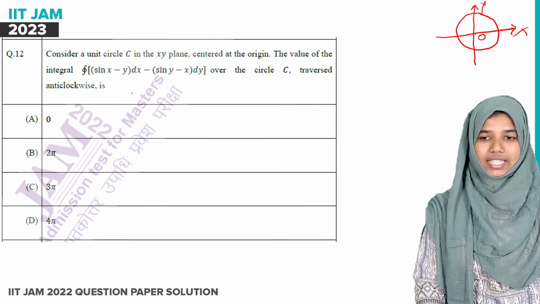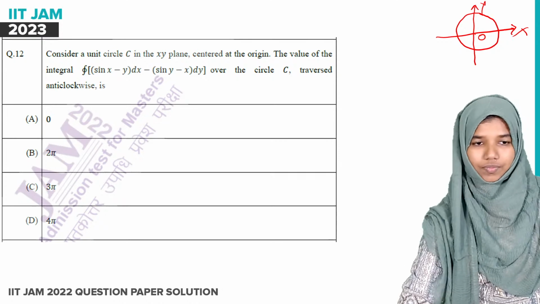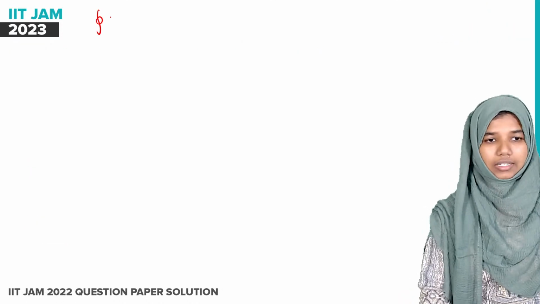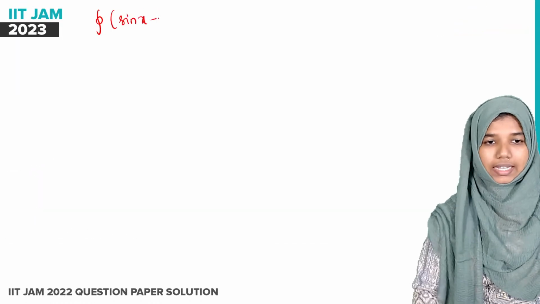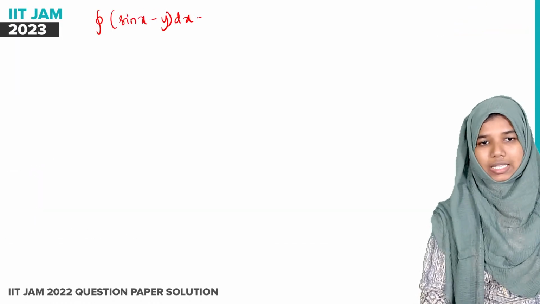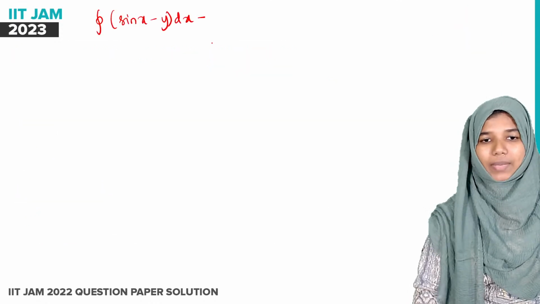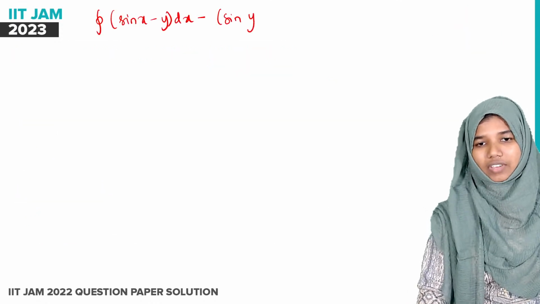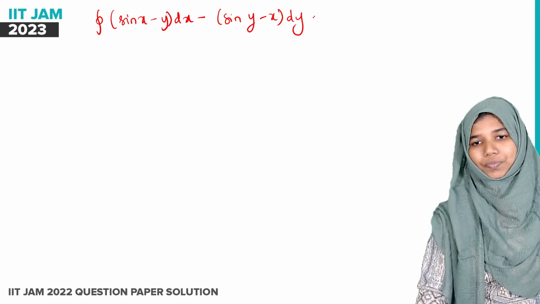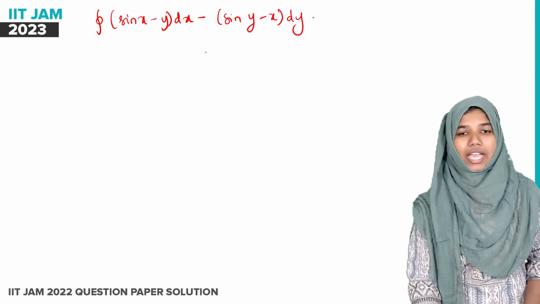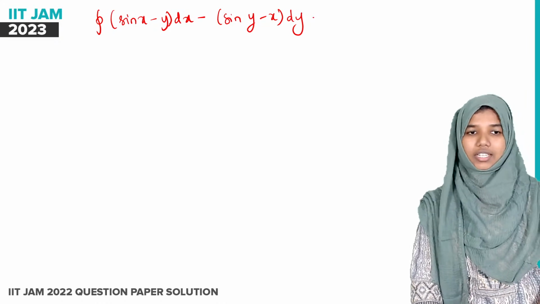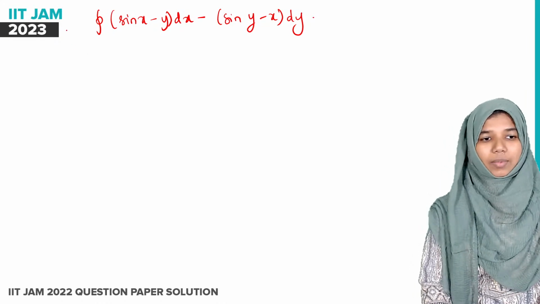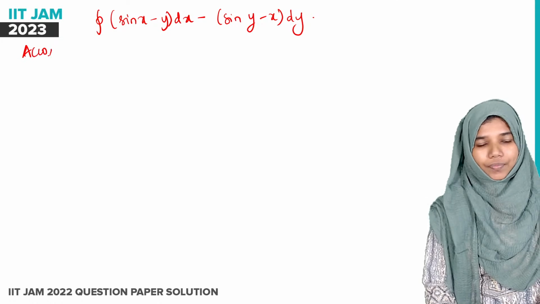And the value of the integral over the closed curve sin x minus y dx minus sin y minus x dy. The value of this integral around the curve of the unit circle centered at the origin is what is asked. Okay, so we know, according to Green's theorem,